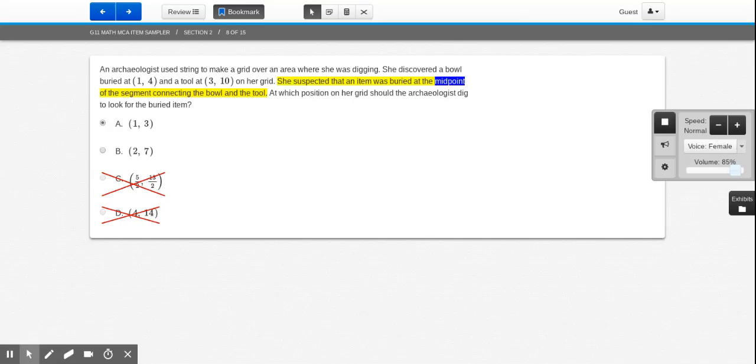Item was buried at the midpoint of the segment connecting the bull and the tool. She suspected that an item was buried. At which position on her